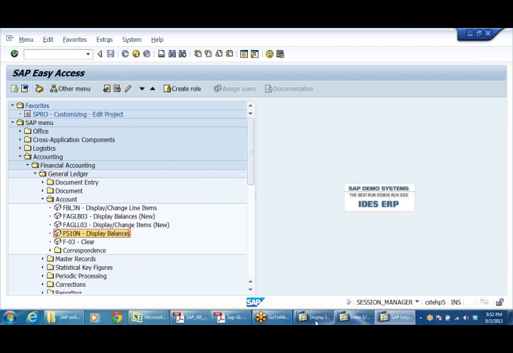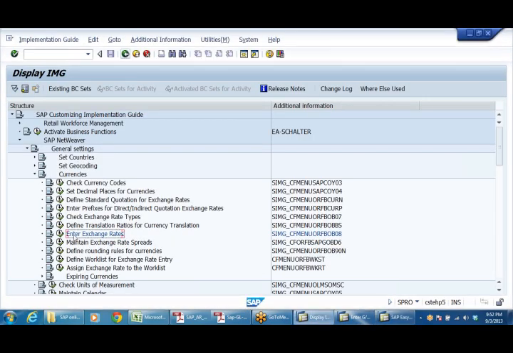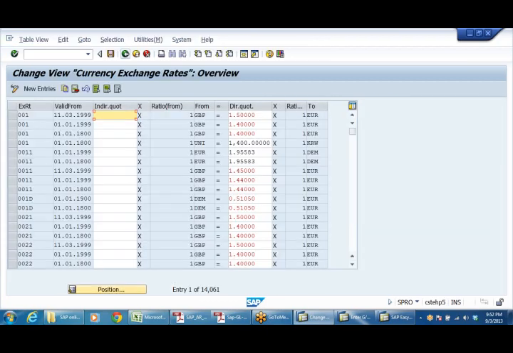So sometimes what we do, here enter exchange rate, right? In this, the rate will be connected to certain websites, and we'll be connecting to that site, so that whatever the rate that is going to be prevailing, that will be displayed here.